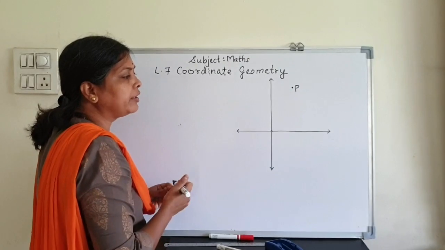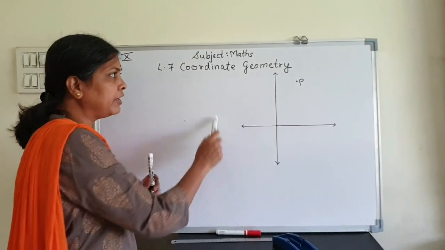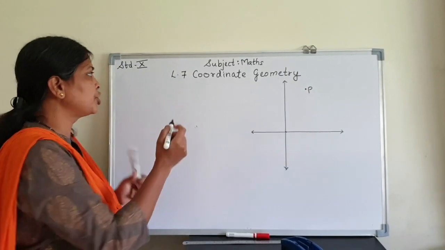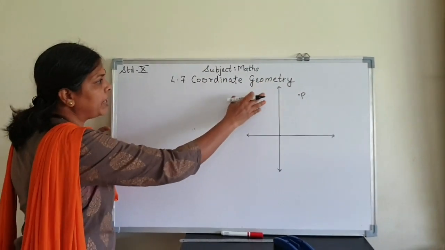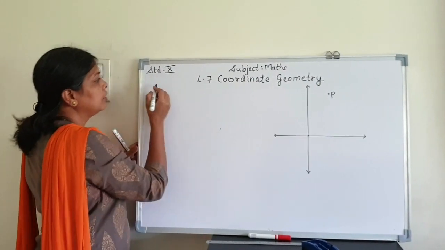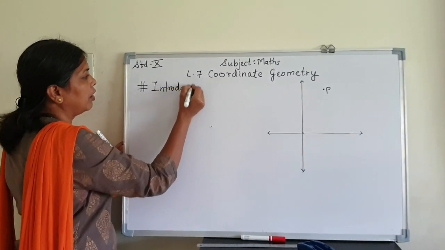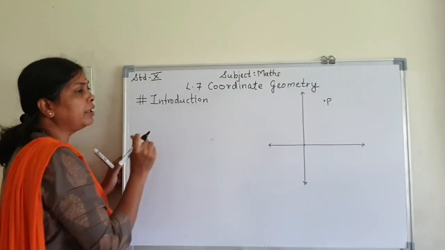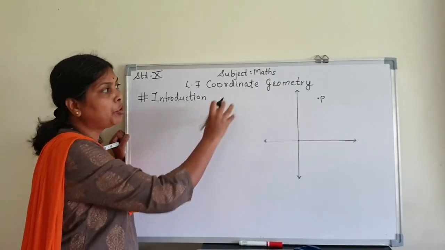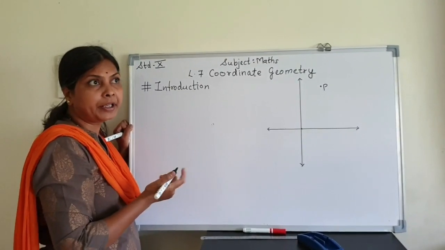So now what we will do in this case, you have learnt about this lesson in 9th standard as well. Whatever basics you have learnt in 9th standard, we are going to revise again through this introduction part. So first of all, tell me what we are going to learn in this lesson, and then we will go back to this same point. So here we are going to learn the introduction of the lesson. In the introduction part, we are revising what we have learned in 9th standard about coordinate geometry and various terminology in coordinate geometry.